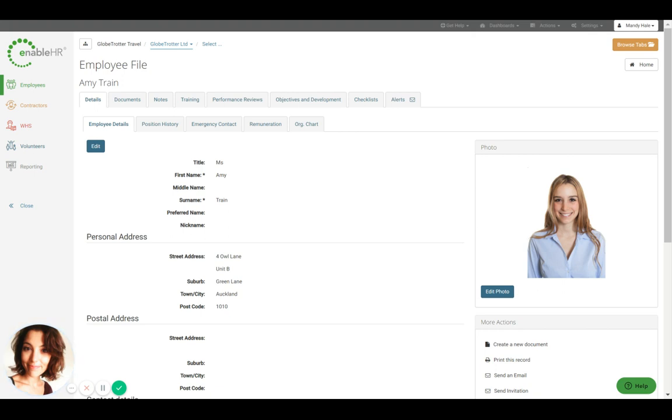The objectives and development feature, just quickly, is part of the enableHR performance review module. It provides a centralized space for managers and employees to view, manage, and update employee goals relating to personal, operational, or strategic development. So to start, make sure you're within the employee record that belongs to the person who the